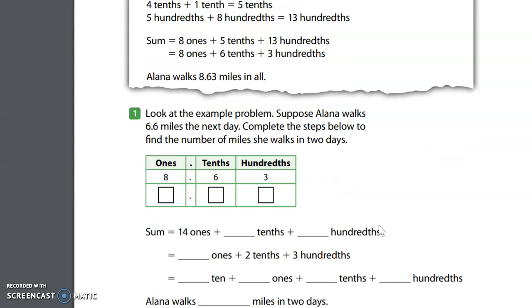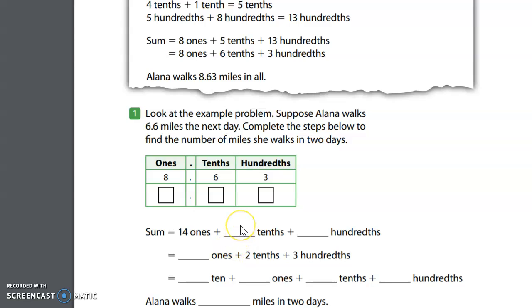So then you're adding 8 ones plus 6 ones, which would equal 14 ones. 6 tenths plus 6 tenths is 12 tenths. Plus 3 plus the 0 would be 3 hundredths. So then you're going to break that 14 ones down after the equal sign. So you would have 14 ones